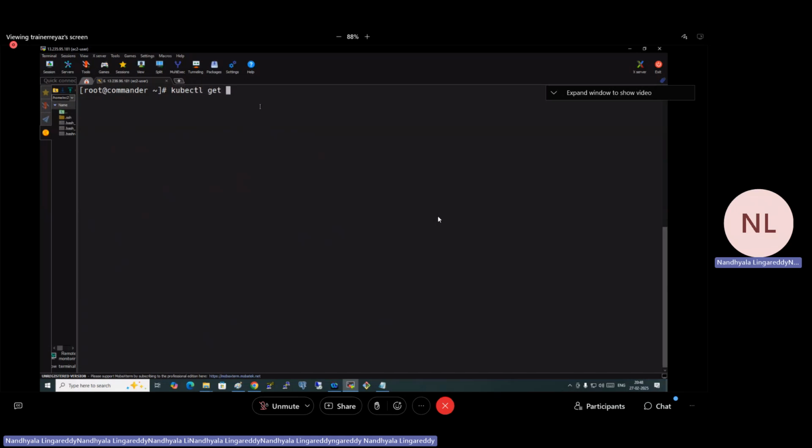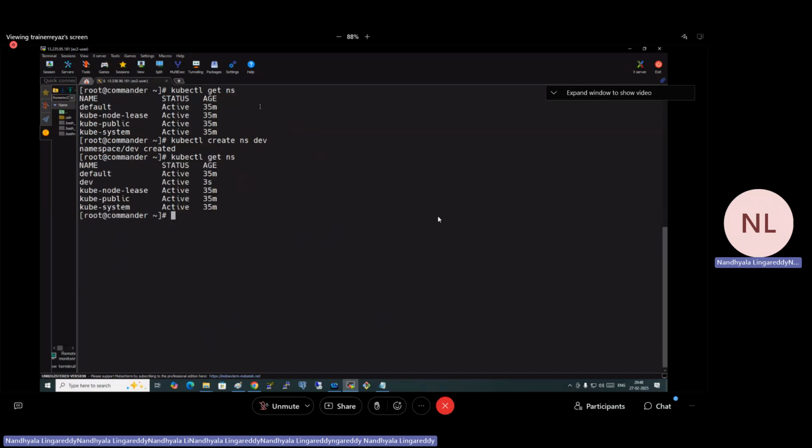First, kubectl get ns, and then let's go and create. Create which one? What do you want to create? Namespace, and then what's the namespace that you want to create? For example, that's it. kubectl get ns. Do you see the dev here? So you created the dev,